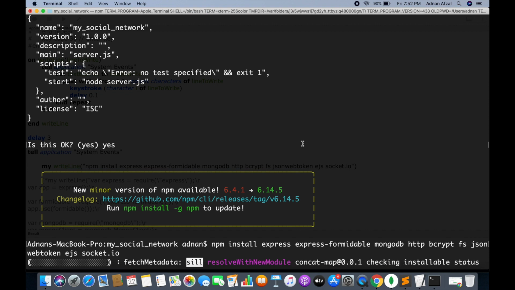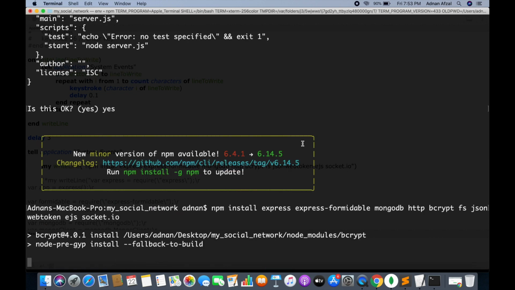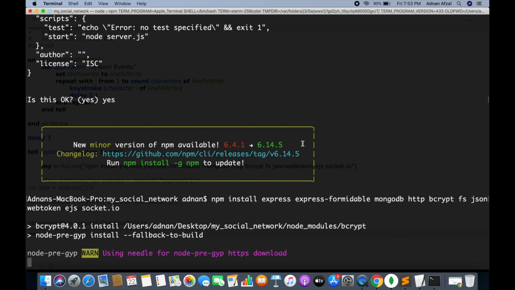JSON web token will be used for authentication. Each user will have their own access token. EJS is a design template for Node.js that will be used like HTML. And Socket.io is for real-time communication. For example, when two people are having a chat, they do not have to refresh the page. Their incoming messages will automatically be displayed using sockets.